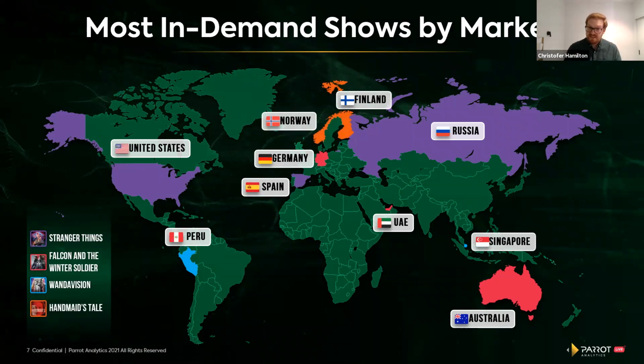Next, we have Handmaid's Tale. Of course, it released its season 4 in Q2. It was at the top of the rankings in the 2 Nordic markets we're looking at in this report, Norway and Finland. I'm not entirely sure what makes it so popular in the Nordic areas. If anyone has any ideas, feel free to share in the chat. I don't know if anyone has any insider information, but we definitely see some regional preference here with The Handmaid's Tale.